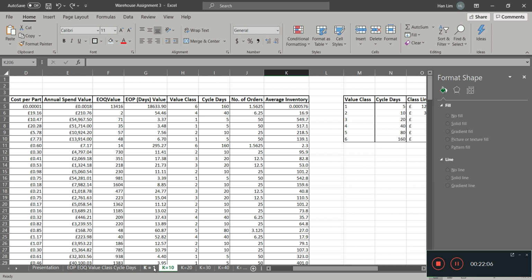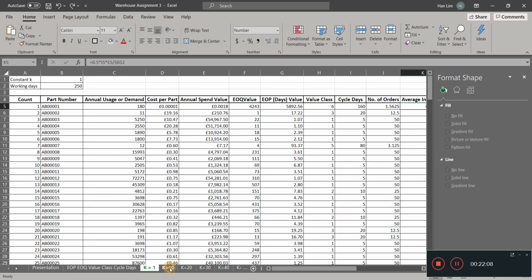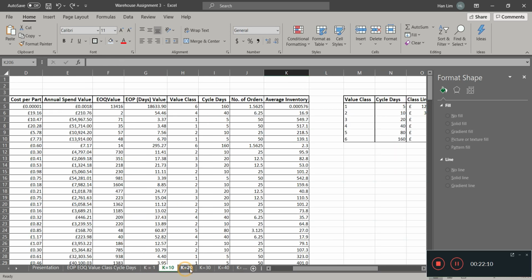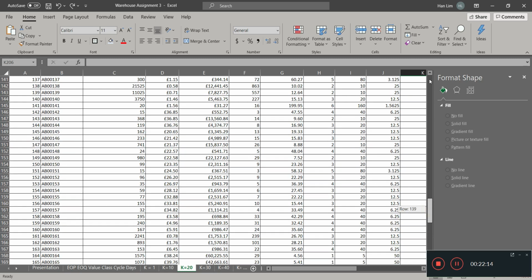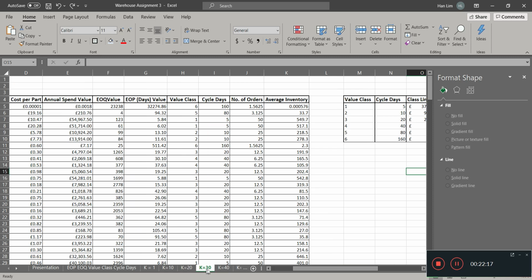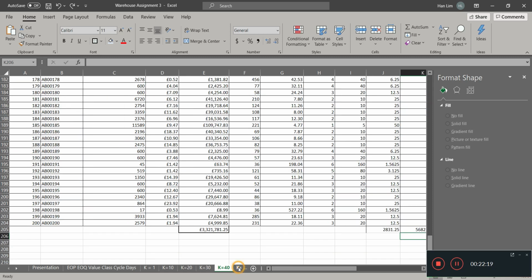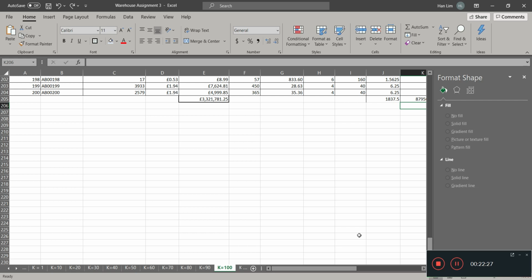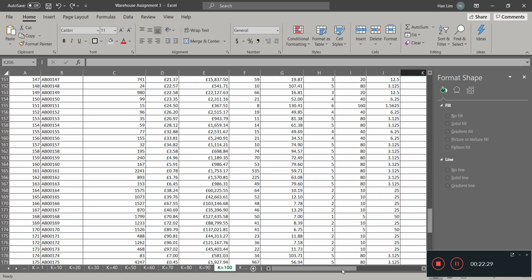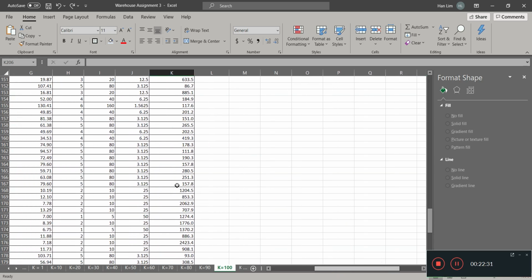So we have k equals to 10, 20, 30, 40, 50, 60, 70, 80, 90, and 100. So different types of k will be having